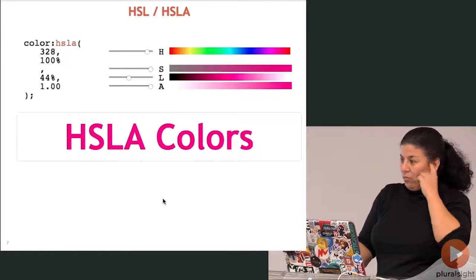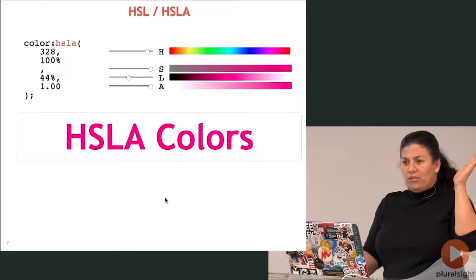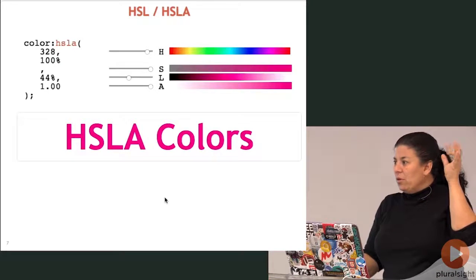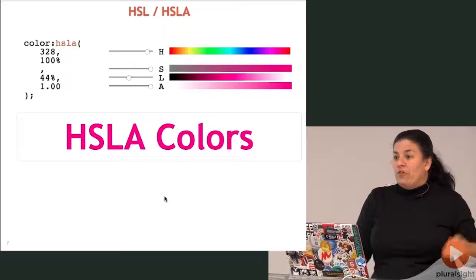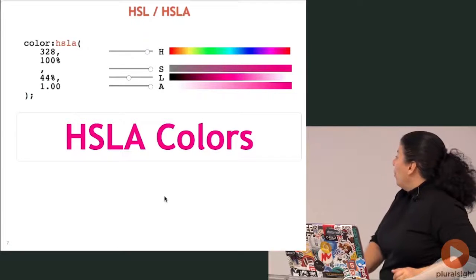The other stuff you probably knew, right? The other stuff was known to everyone except for the current color and the transparent? Okay. So HSL, if you do Photoshop, which I do not do Photoshop,